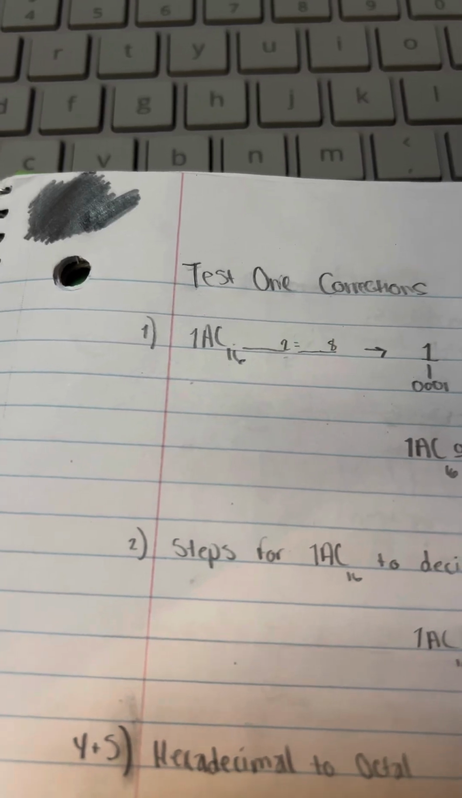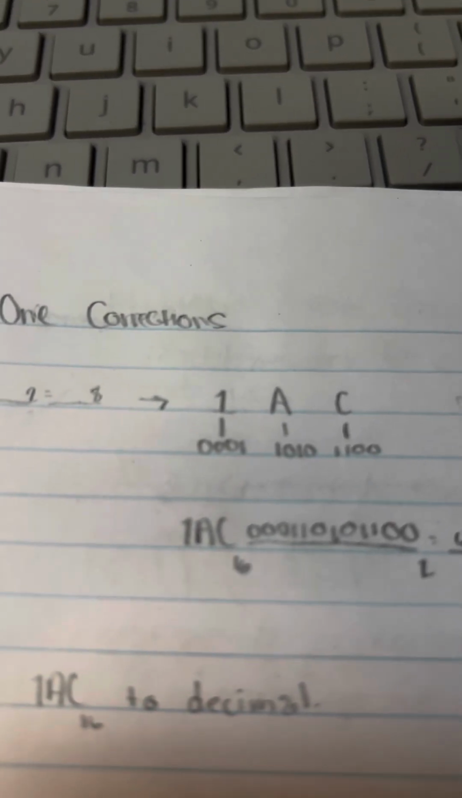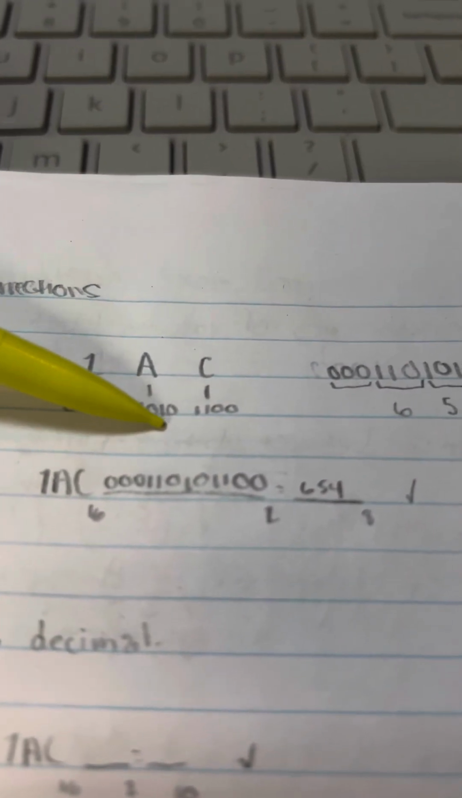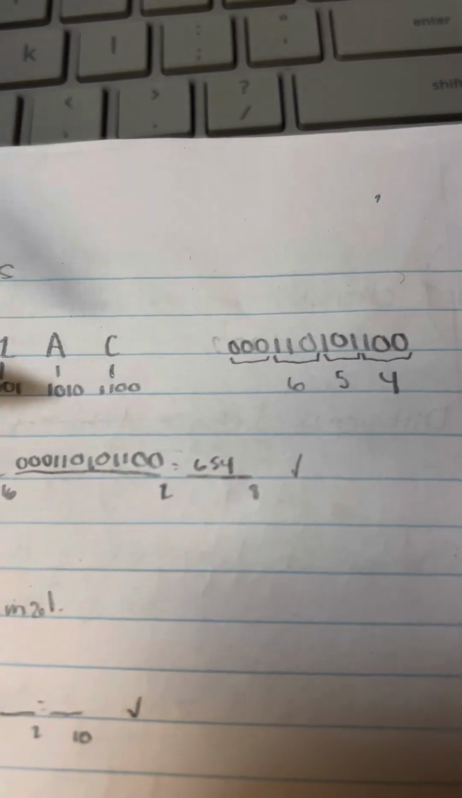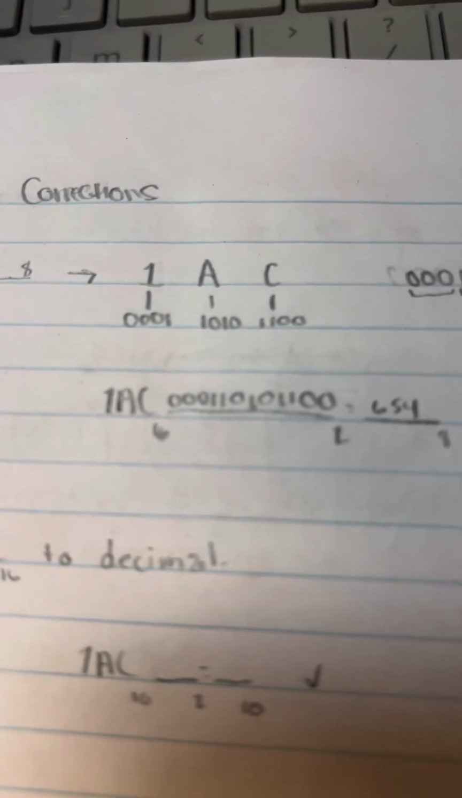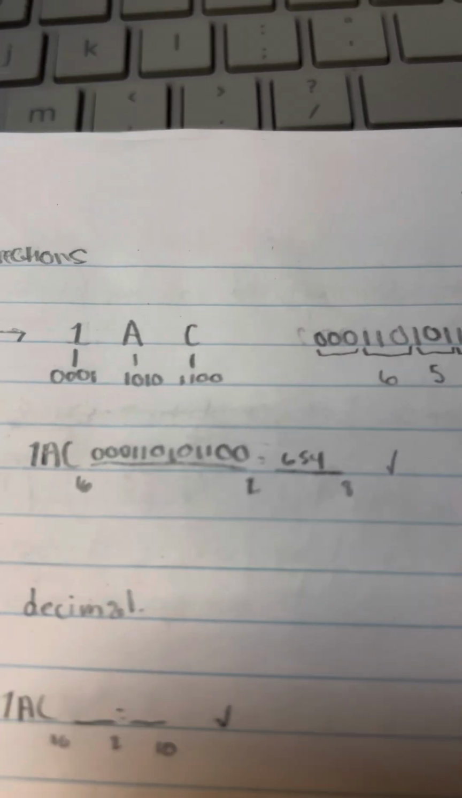Starting off, we have 1AC base 16 to base 2 to base 8. First, we're going to take the binary representation of each digit. So for 1, we have 0001. For A, we have 1010. And for C, we have 1100, which would give us 0001 1010 1100 base 2. From there, since we're going to base 8, we're going to take